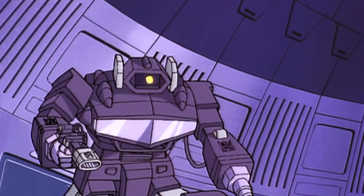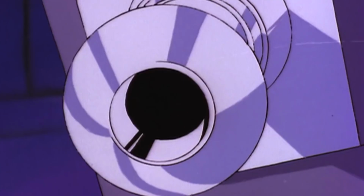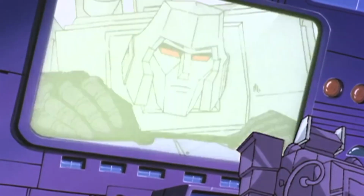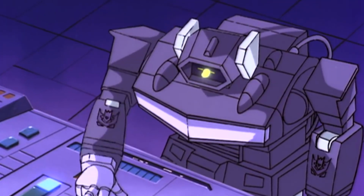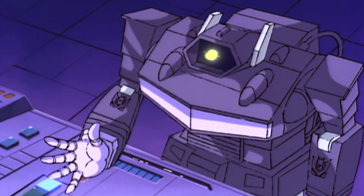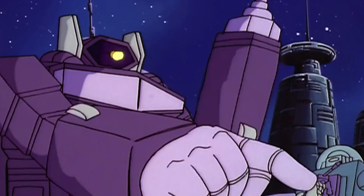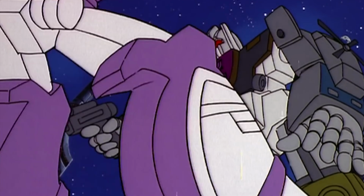Instantly recognisable on account of his signature purple appearance, not to mention his deadly cannon arm and the rather freaky single yellow eye that flashes when he talks, Shockwave maintains a cool and menacing aura that has made him a hit with many fans of the cartoon. Regularly in touch with Megatron via comlink, Shockwave spends much of his time loyally carrying out his master's orders from afar, often acting from behind a computer if anything, although that's not to say he isn't ready for action when